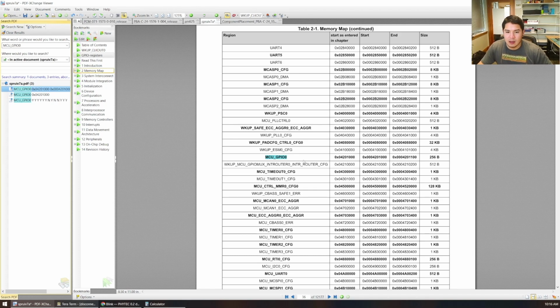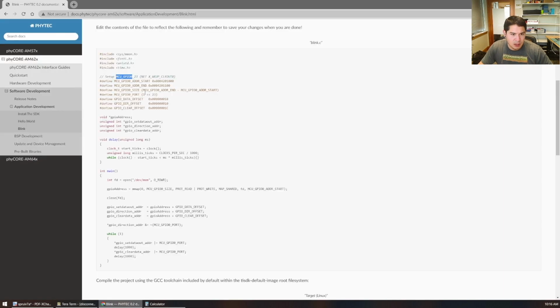So MCU GPIO 0 spans from this register to this register. Its size is 256 bytes. And we can see that these numbers are where these come from. So the bank of control registers start here and end here, and then we're just subtracting the start from the end to give us the size. So the next line here, this MCU GPIO 0 port, to really understand what's going on here, we have to